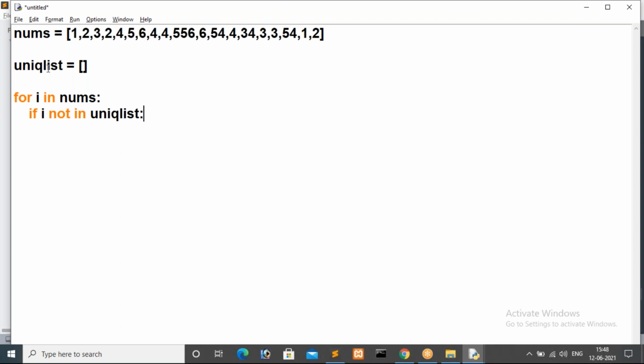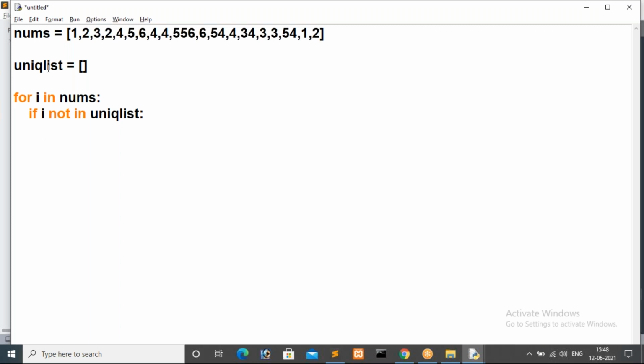Okay, if I go with insert, how many parameters do we have to pass to the insert method? You have to remember everything. For the insert method we have to pass two parameters. One is the position, another one is the value. At which position you want to store, we have to specify for insert. But for append there is no need. We have to pass a single one.